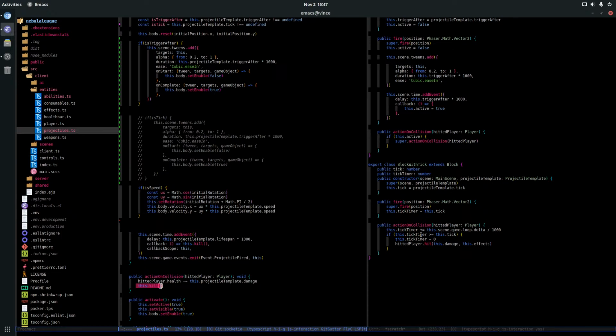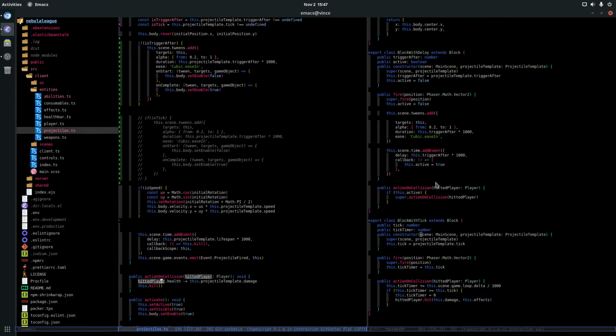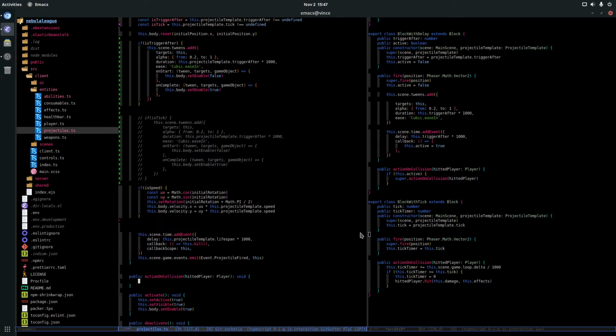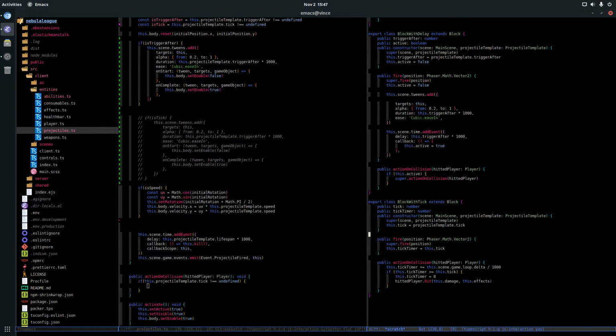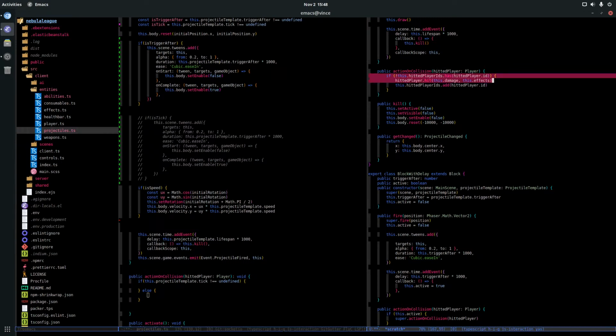Yeah, I need something like a boolean, you know. I need something like that.